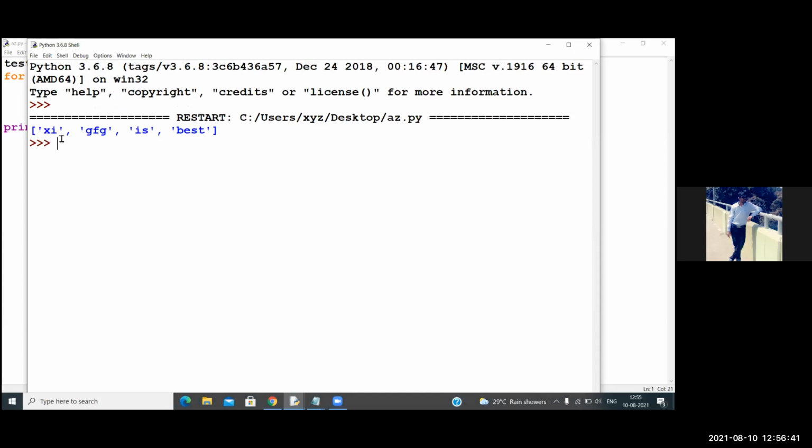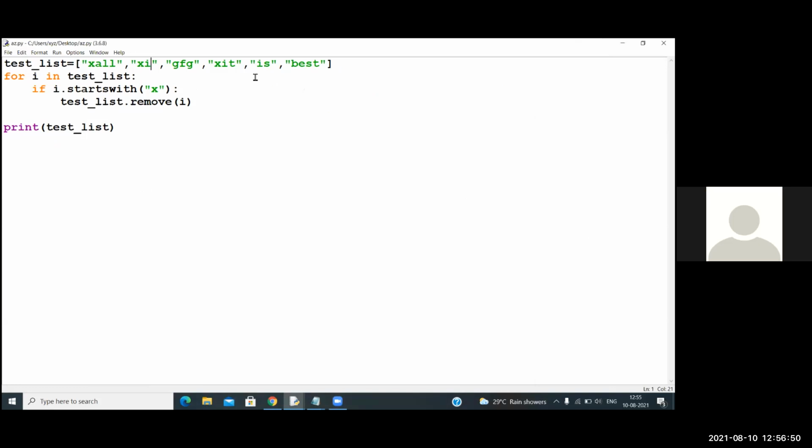Okay. So what have you used in the pref? Sir, I'm not taking any variable. I'm simply comparing. For i in test list, if i starts with X, remove i.